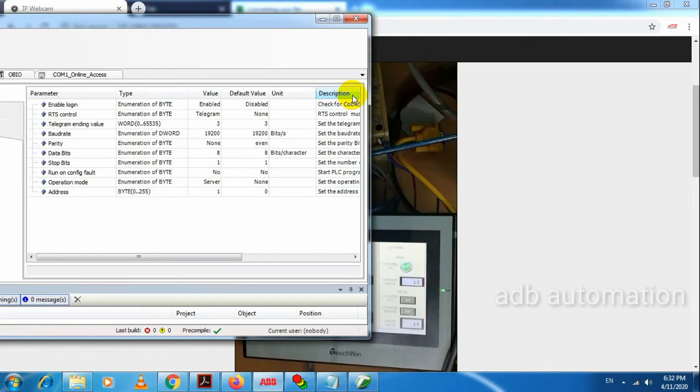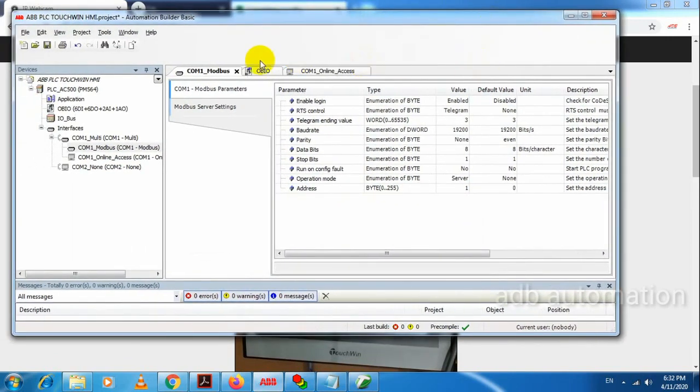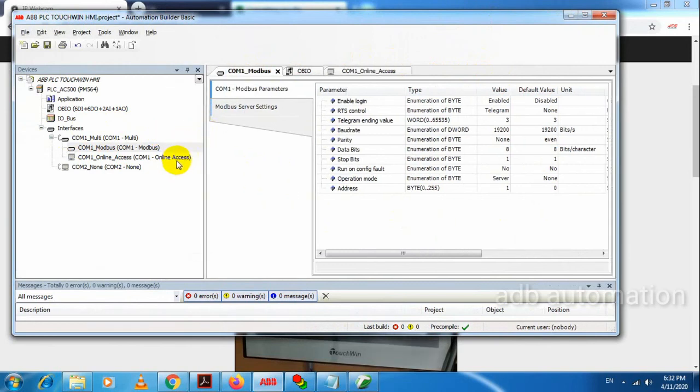So whatever setting we are using in HMI, same we have to select in PLC also. So main thing is here we have to set server, that is slave, and we need to set the slave address here. So these are the PLC settings, and main thing is here we have to select Modbus and online access. We have to select both.